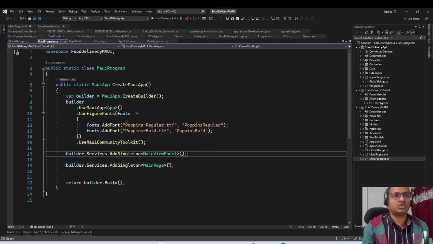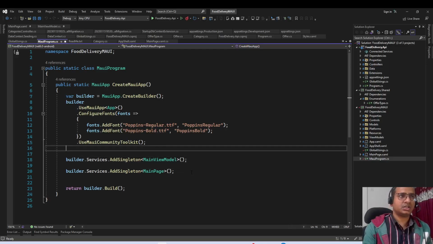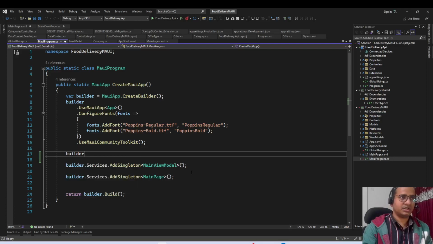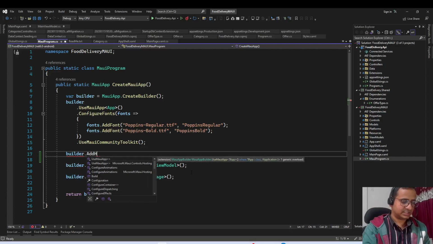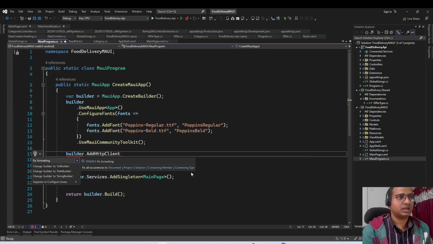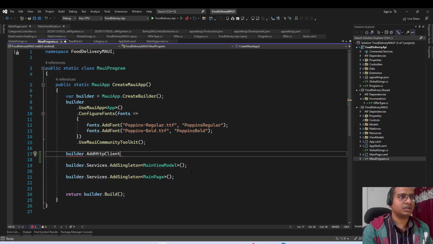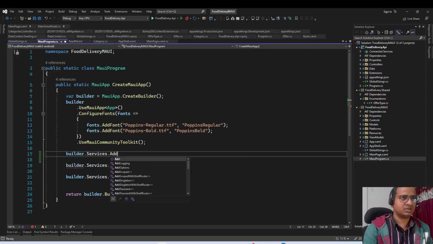Okay, so in order to set up HTTP client, we can simply say builder.Services.AddHttpClient, and it will come from here, builder.Services.AddHttpClient, right? Services.Add